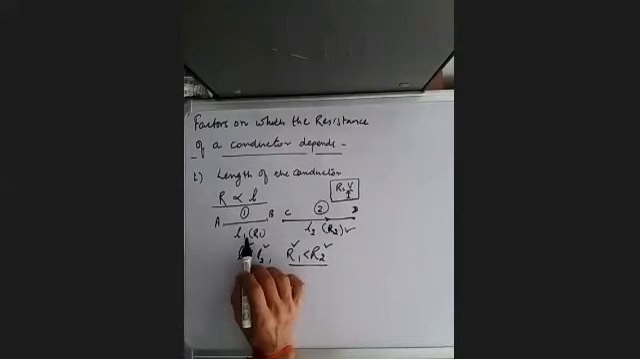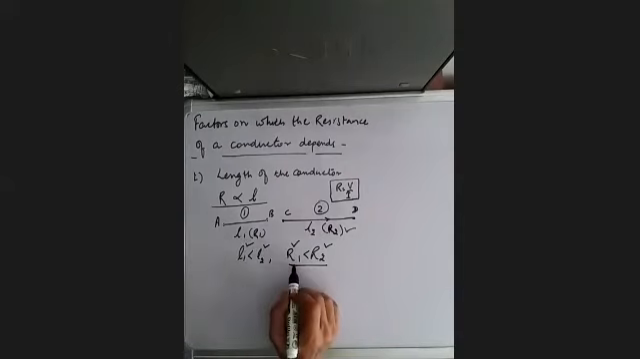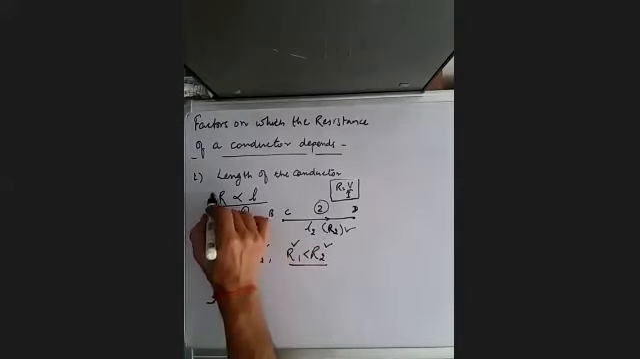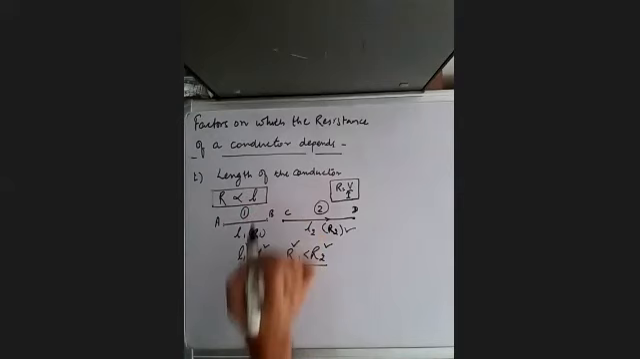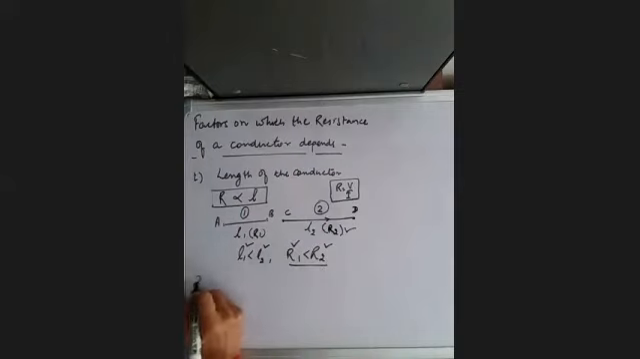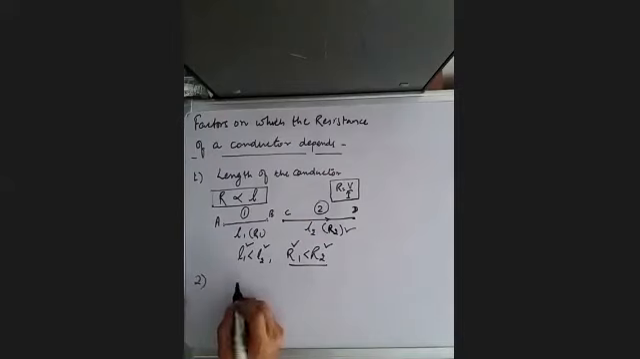And how is it different? Length of AB is small, and we'll find that resistance R1 will be small. So experimentally, we can find that R is directly proportional to length of the conductor. Resistance is directly proportional to the length of the conductor. That is first factor. The second factor is